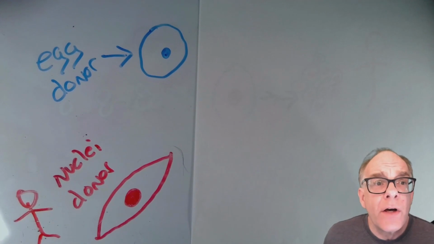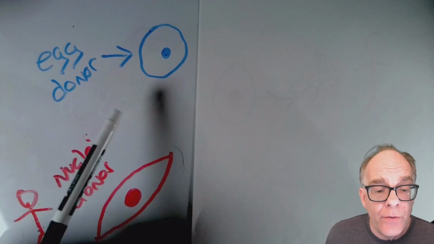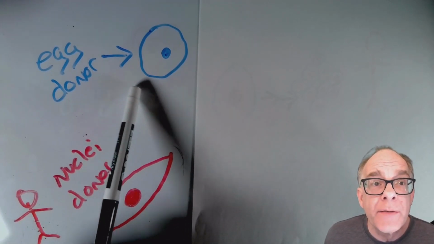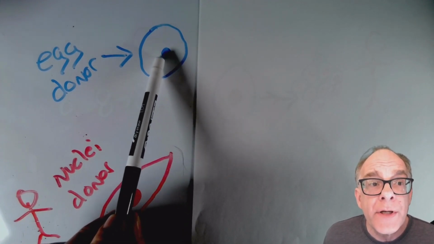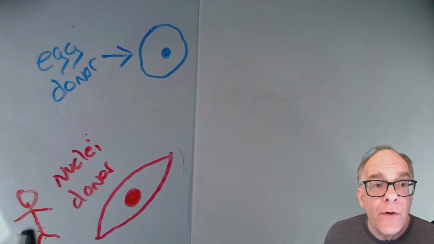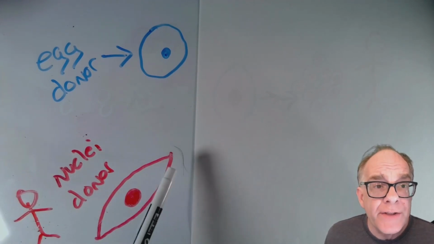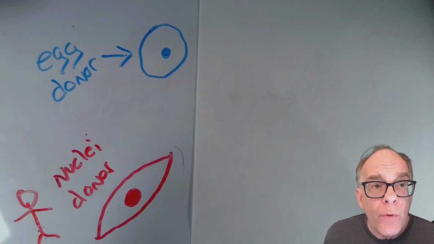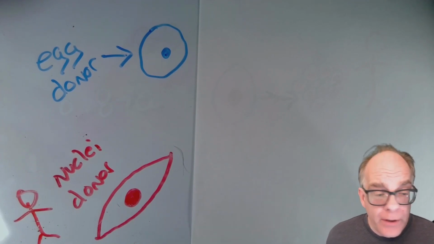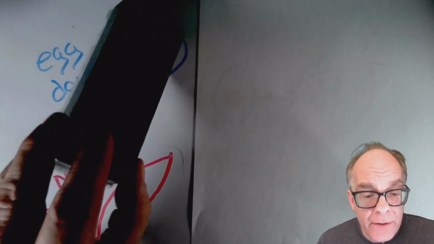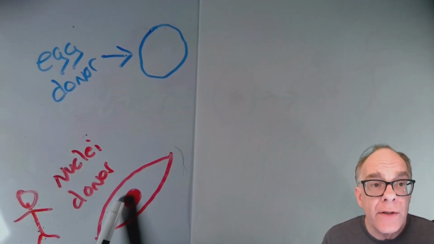So in the process of nuclear transfer, we start out with an egg donor over here, and the egg donor is going to produce an egg that's represented here with blue, so we can see the blue cell, which surrounds a blue nucleus over here. We're going to have the nuclei donor over here in red, and this is the organism that's going to be cloned. And so we've got a red cell here with a red nucleus. What we're going to do in the process of nuclear transfer is eliminate the nucleus out of our egg cell, and take the red nucleus, the nucleus of the